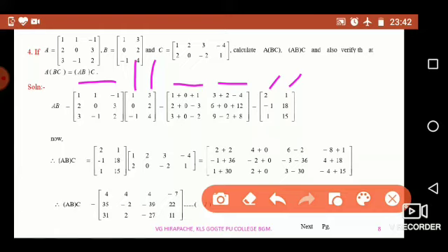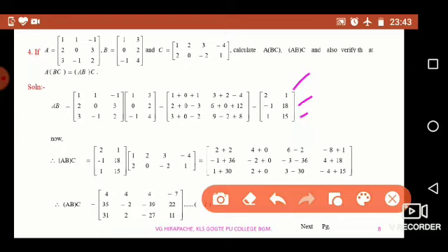If you have prepared the notes, you will come to know how to find the product AB. Similarly, the second row gets multiplied with the first column and second column. The second row elements are minus 1, 18. Likewise, the third row with the first column and second column, we have the elements in the third row as 1, 15. Therefore, AB is a matrix whose first row elements are 2, 1, second row elements are minus 1, 18, and third row elements are 1, 15.